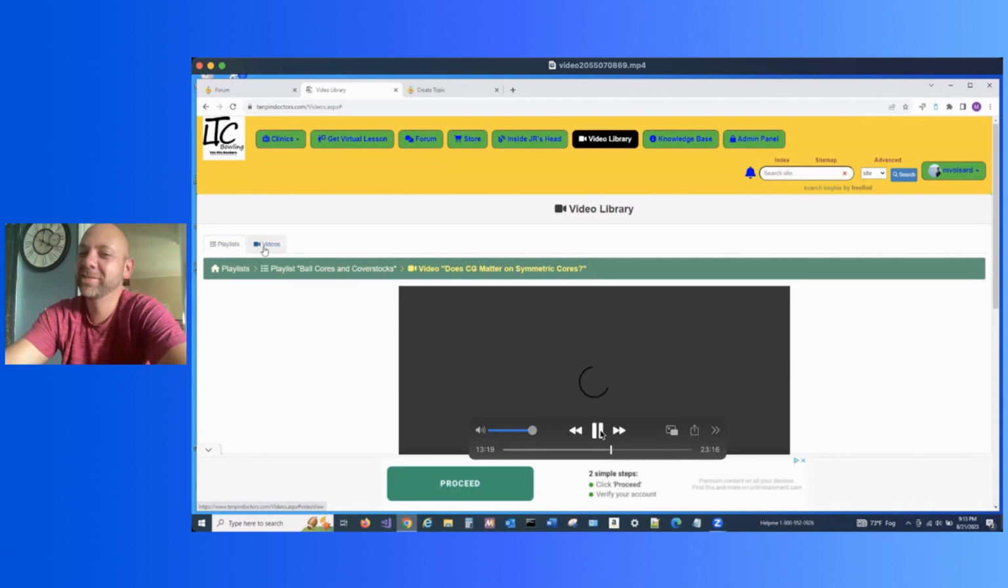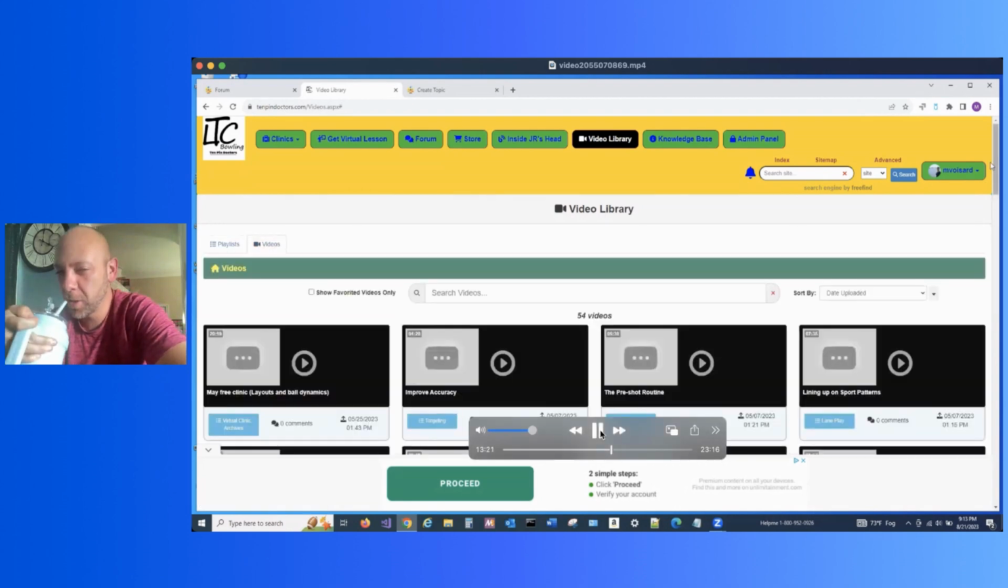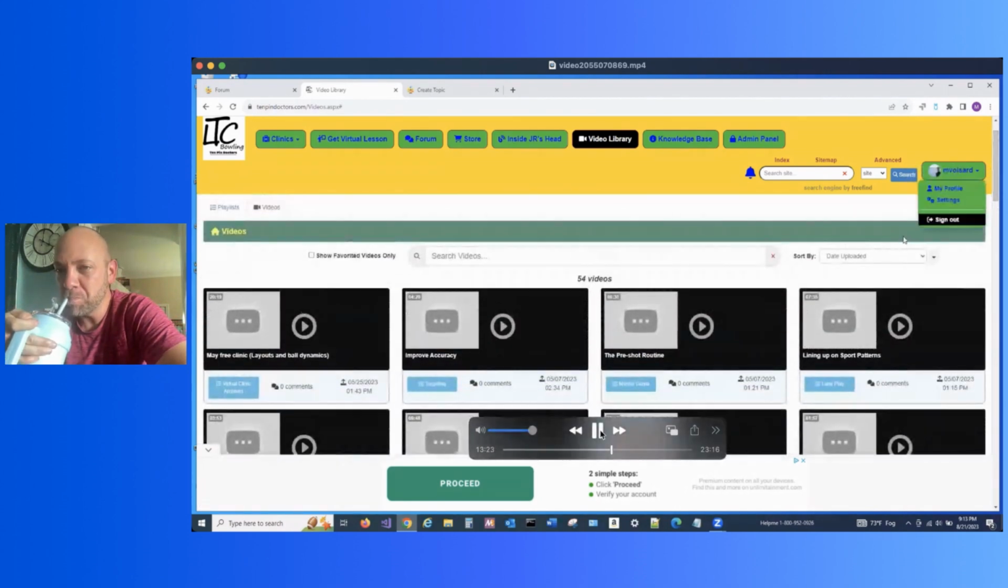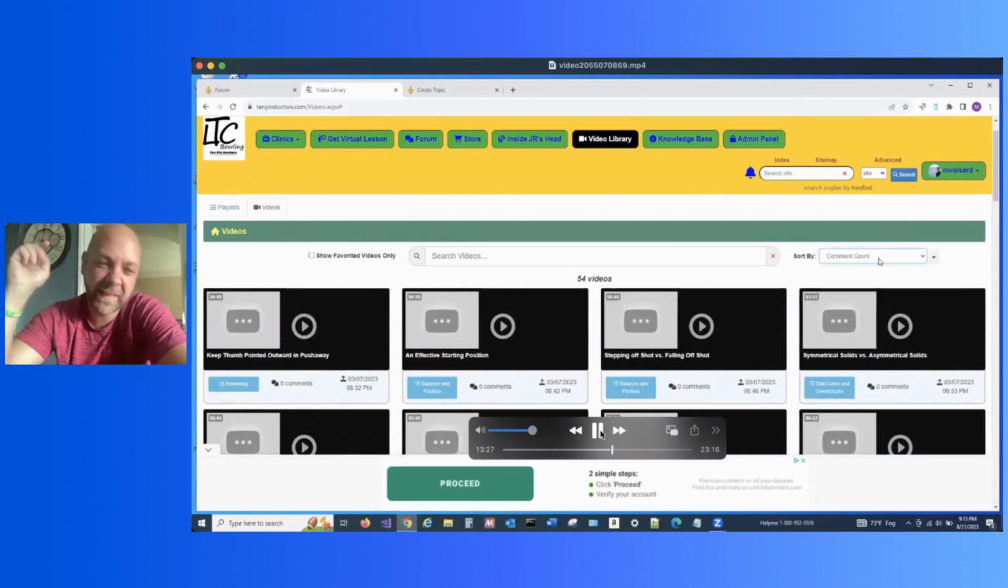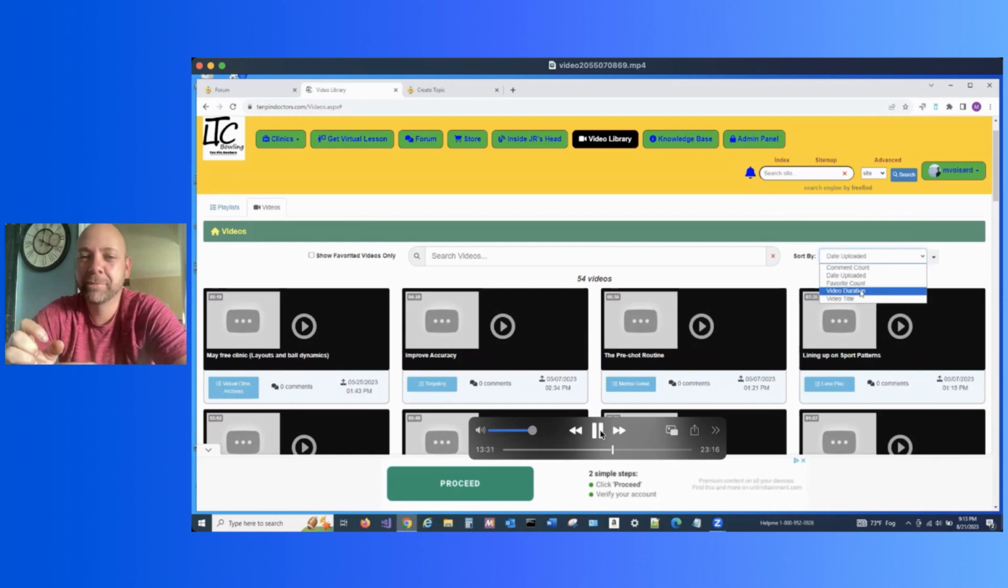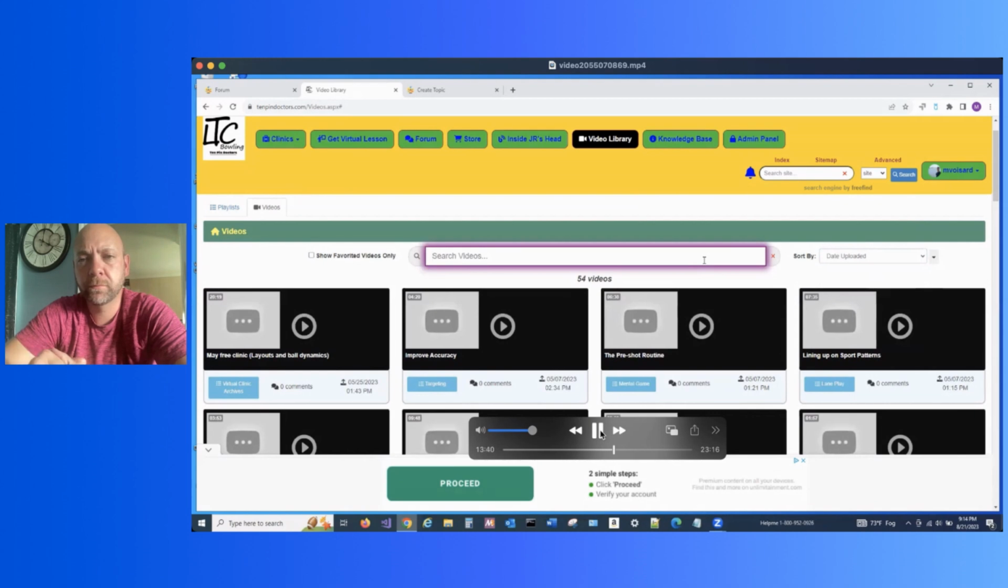So it'd be nice. I mean, not that anyone's entitled or forced to do it, but now yes, now you are. You're forced. You can sort by comment count. Get on there and comment. You can sort by date uploaded, the favorites count, the duration and title. So you have a lot of different ways to filter or just really sort by what video you want to see. But also when you have the search bar right here,